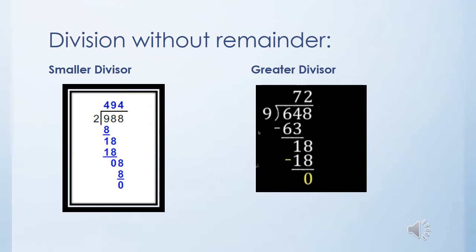1 is again smaller, so you cannot divide it. So write down the last digit of the dividend, that is 8. Now it becomes 18. 9 multiplied by 2, answer is 18 and there is again no remainder.